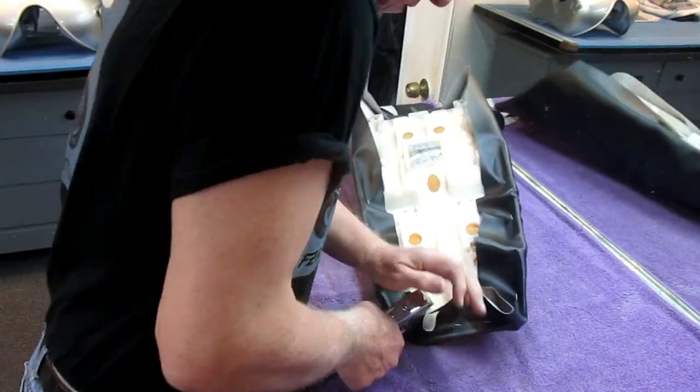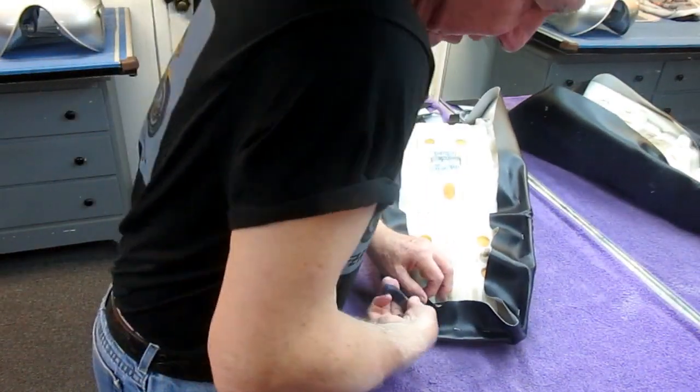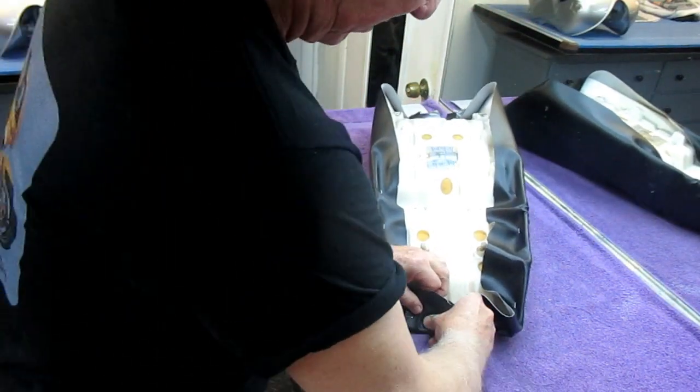And we're going to do this several times. Each time we do it, we're going to be stretching it just a little bit more. Now I notice this one's not going to come out, so I've got to pull that staple out. I could just tell by looking at that, we have too much material there, and I don't want to take it out yet. But I'm going to take the middle of the wrinkle, pull it up,